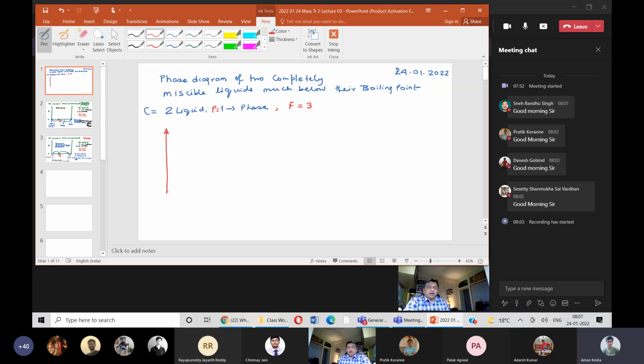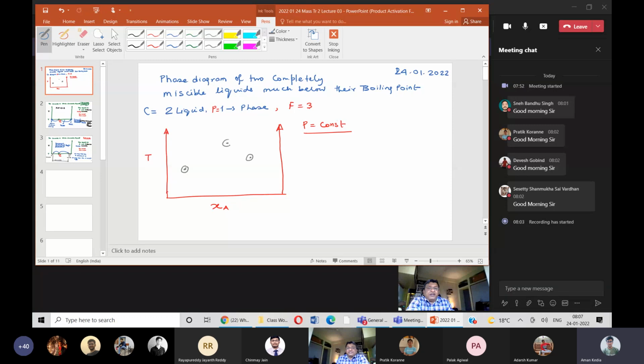And typically, we can plot such a phase diagram only at constant pressure or constant temperature. Let's say pressure is constant. So that eats up one of the degrees of freedom. And now let's say here is the composition versus temperature diagram. And can anybody suggest how the phase diagram will look like for two completely miscible liquids way below their boiling point? So I don't want to waste time on this one. This is the phase diagram. Are you all satisfied with it? Why? Because any point over here is a valid point.